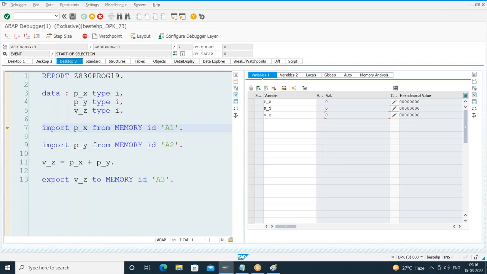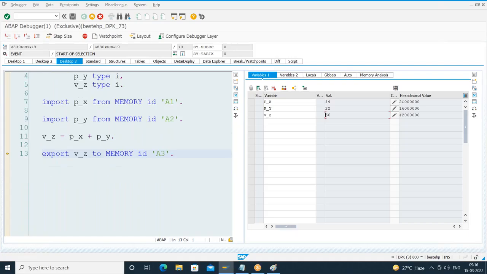In that identification, whatever the value is, it will be imported. So when I say F5, what is the value it is showing? 44. When I say F5, y value is 22. We are doing the calculation. v_z is 66. We are exporting the 66 again to ABAP memory A3. Once this 19th program execution is finished, since I said and return as part of submit statement,